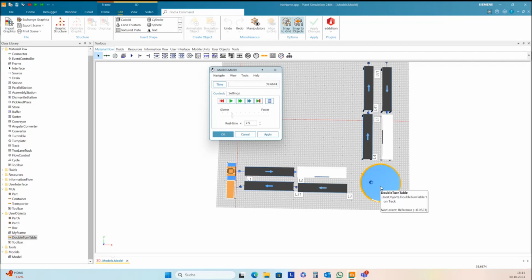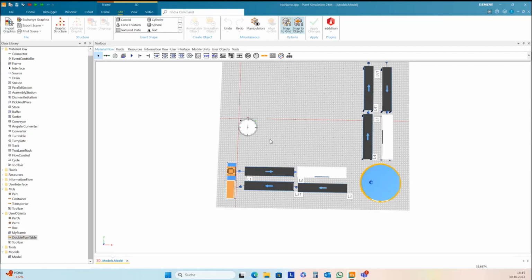We do not have many different objects we can use for this. The only object we can use is a transporter with a load bay type of line. So in the next step, we need to create lanes.